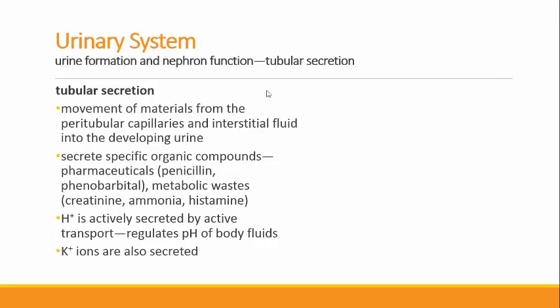So hydrogen ions, for instance, are actively secreted into the developing urine, and it requires active transport to do this. So ATP is required to secrete hydrogen ions. And potassium ions are also secreted. So we can secrete organic materials that are waste products to the body. We can secrete hydrogen ions to maintain acid-base balance. And things like potassium ions are